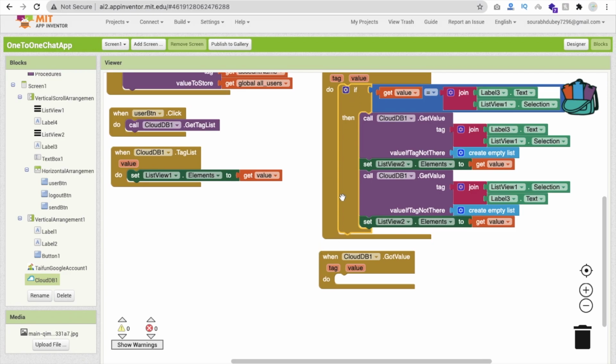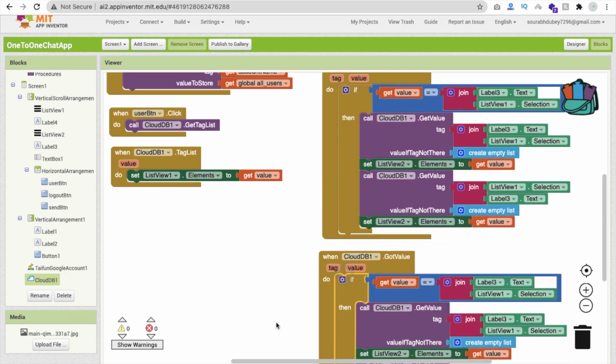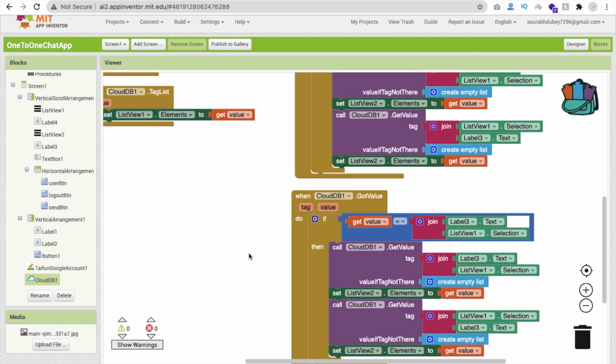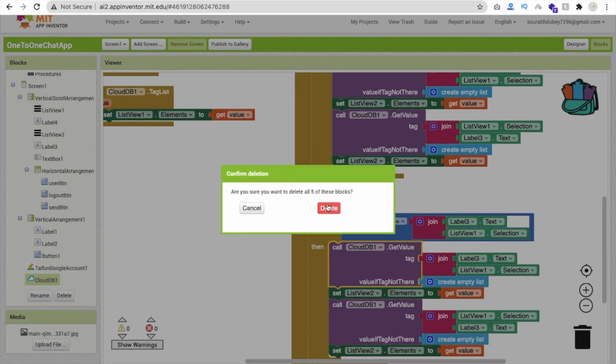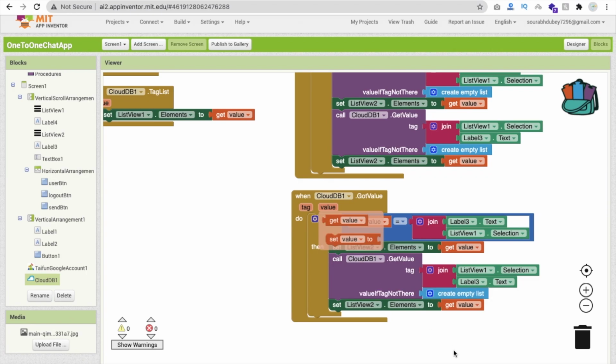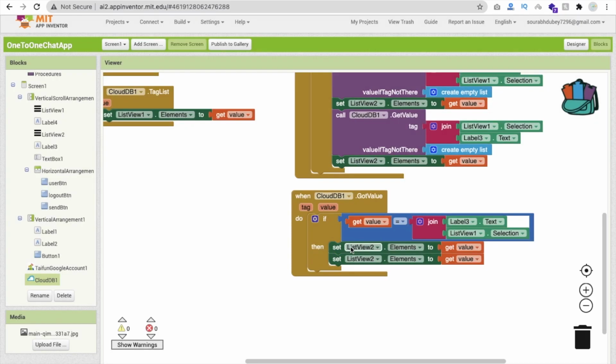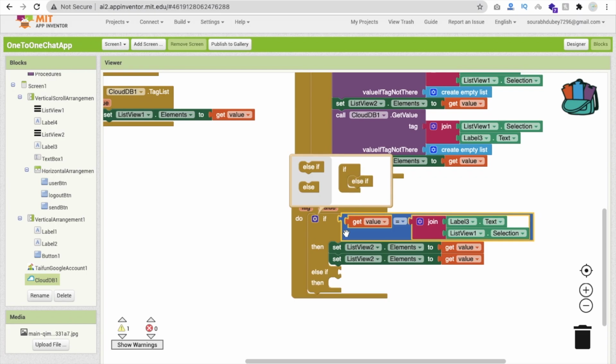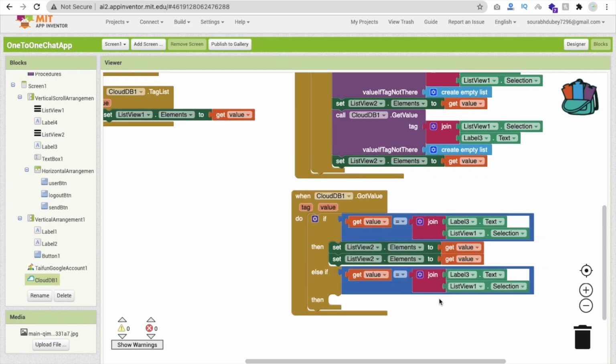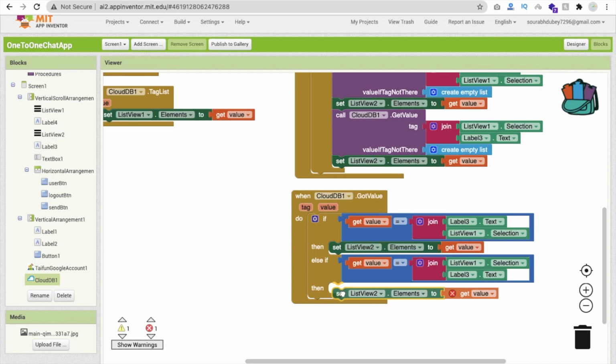You can just copy this whole code like this here, but we have to remove the get value part, and we have to remove this one also. But we need one thing here, that is else if. So call it here and just copy this else if here, but the tag should be something else. Just drag and drop it here, right? So whenever we get the value, we will call that code.